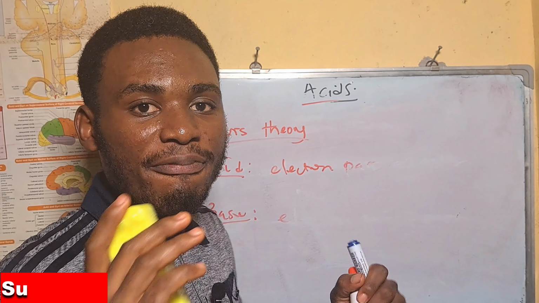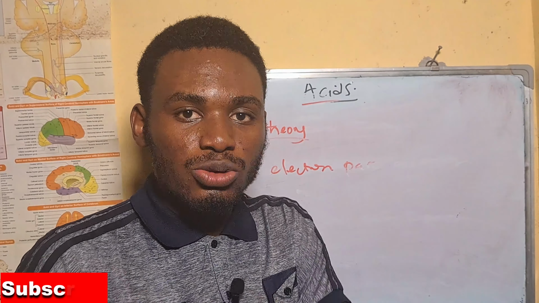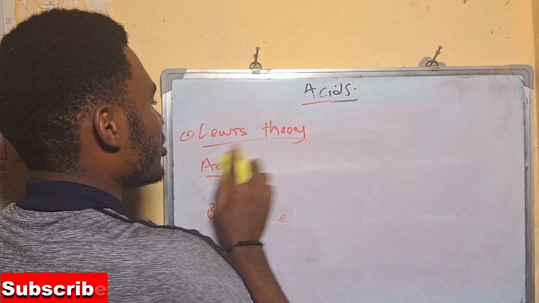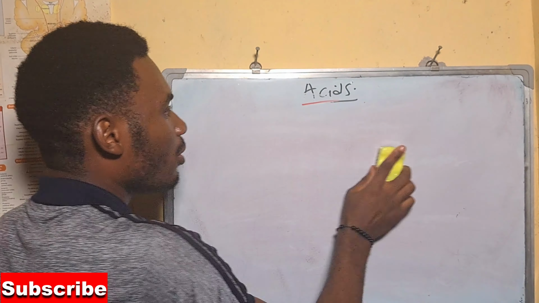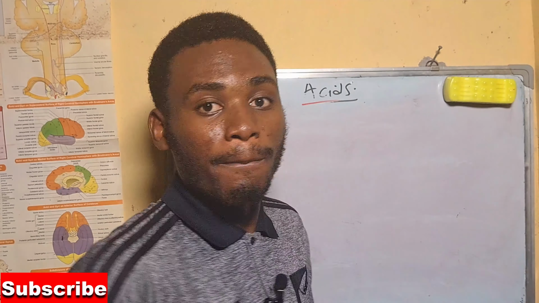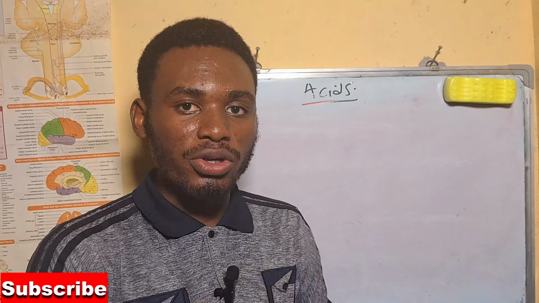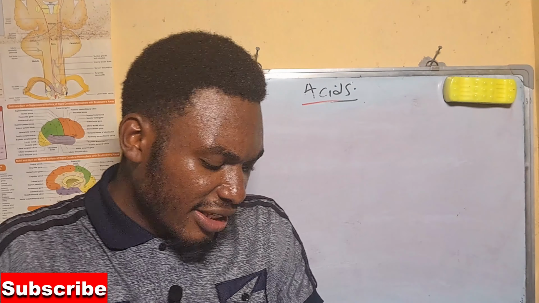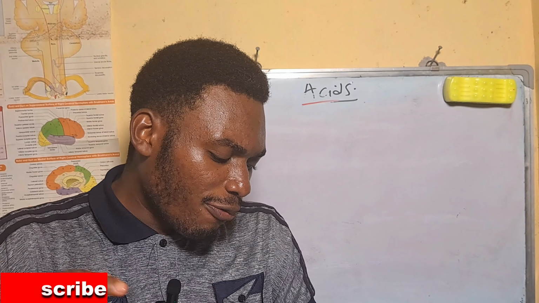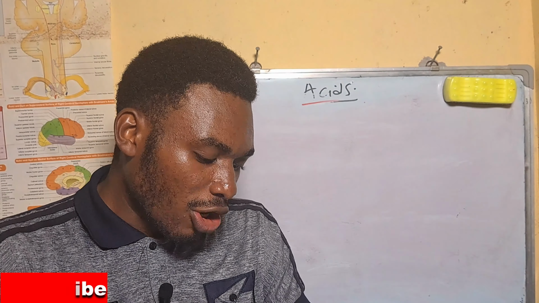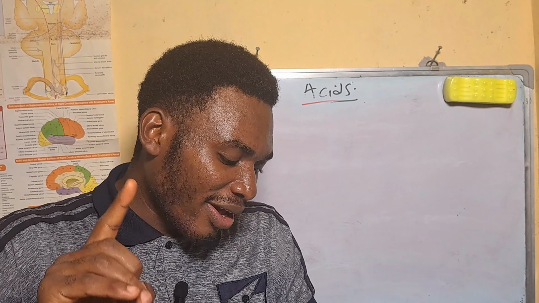Let's solve some live past questions to assess what we have learned for the day. Nice. So this past question, like I told you before, they are live questions coming from past JAMB and other tertiary institution questions. So here, it says the number of hydroxonium ions produced by one molecule of an acid